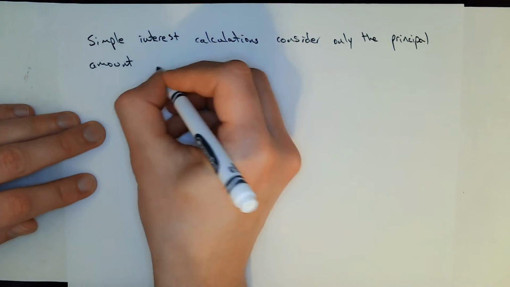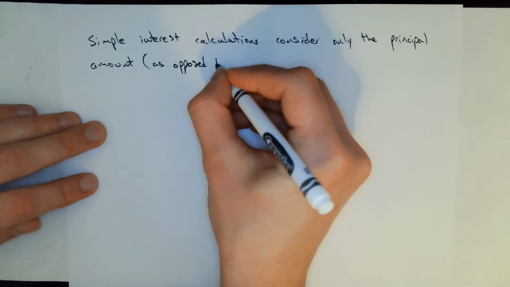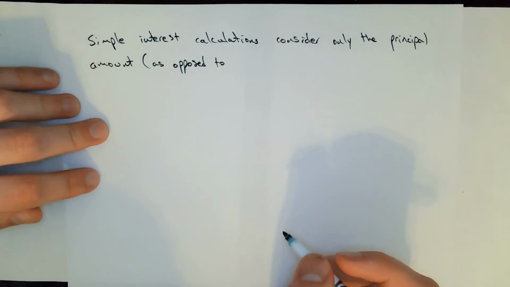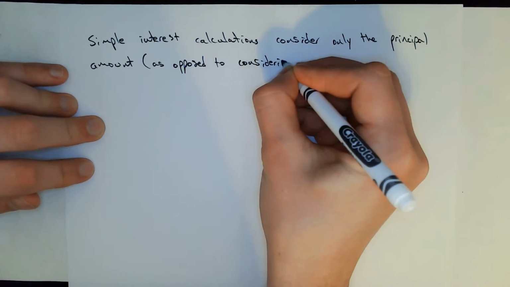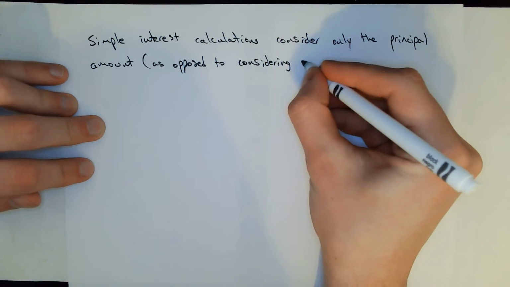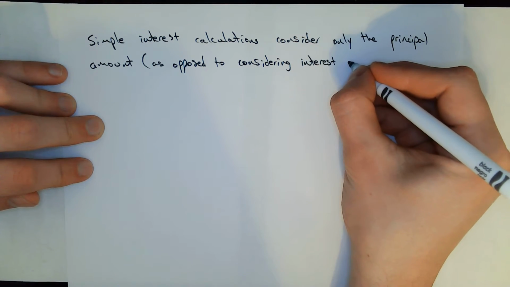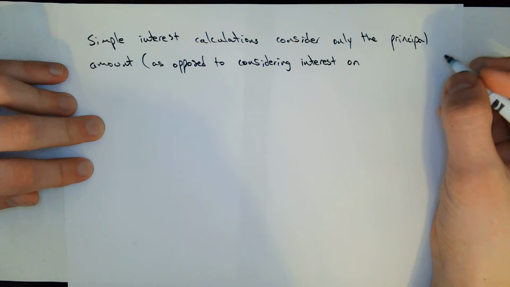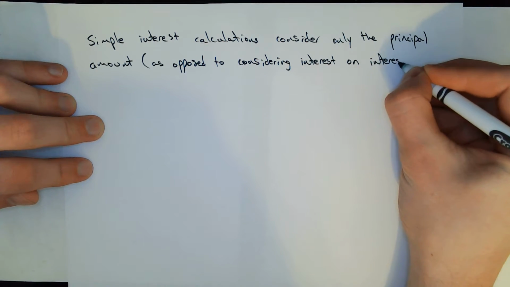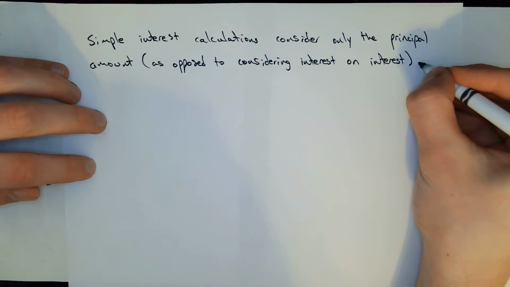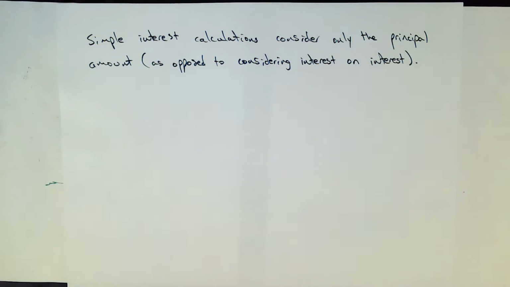So I'll say parenthetically, as opposed to considering interest on, I'll say it this way, interest on interest, which I will discuss more when we move into compound